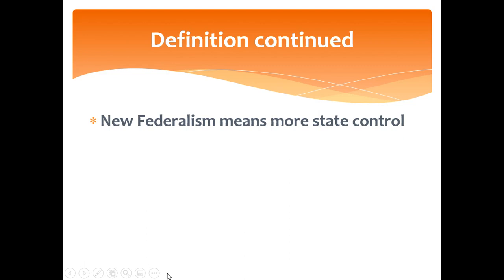Now, remember, states have the police powers, powers of coercion. So do they have to do this? No, they don't. But the federal government says, states, we understand you don't have to do this. If you do not raise your drinking age to 21, we're going to withhold federal transportation funds from your state. We're going to withhold money. What do you think the state said? We will change that law right away, federal government. Please keep those checks coming.